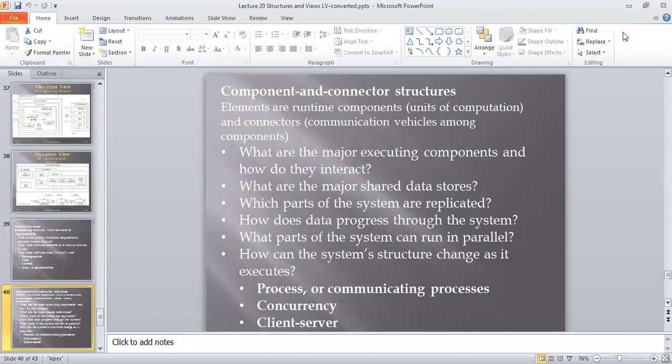So this is the second prerequisite. The next one is how data progresses through the system or through the file system. That means we are considering shared data, and how that shared data is distributed among the integrated system with the help of a file. So this is the third basic prerequisite.